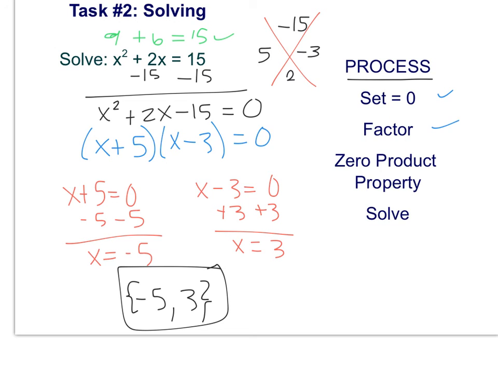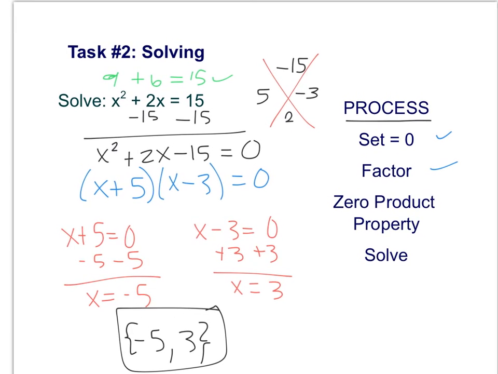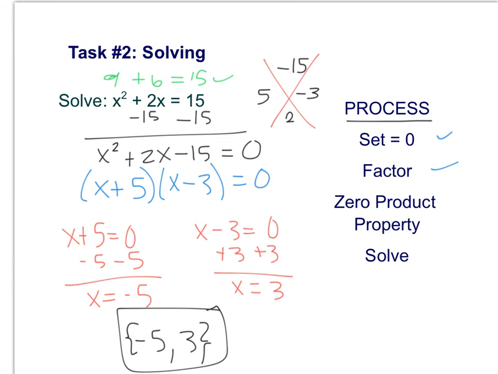So again, on task number 2, solving, we don't do a whole lot different than what we did for factoring trinomials, but we just do a couple extra steps by using the zero product property and then solving, so you're actually getting solutions. So you're not leaving your answer in parentheses or factored form. You are actually putting your answer in bracket form and you're getting 2 solutions. And again, that's because we have a quadratic and the degree on quadratics is 2, so that should help when you're solving to make sure that you get 2